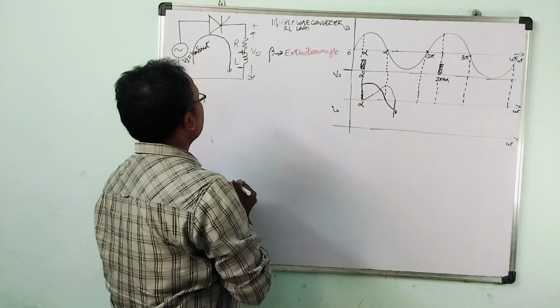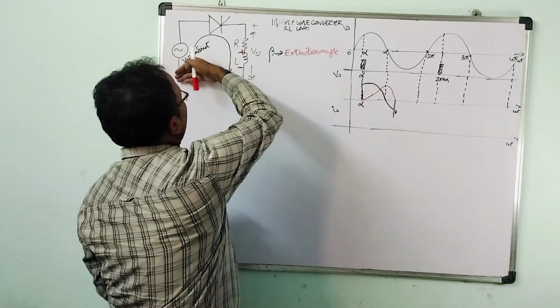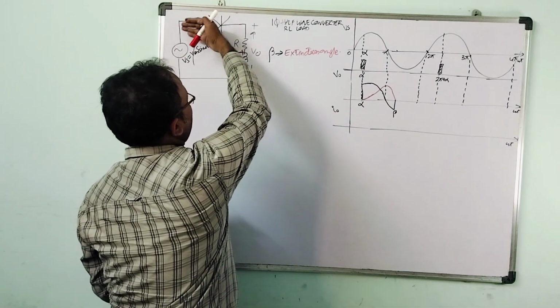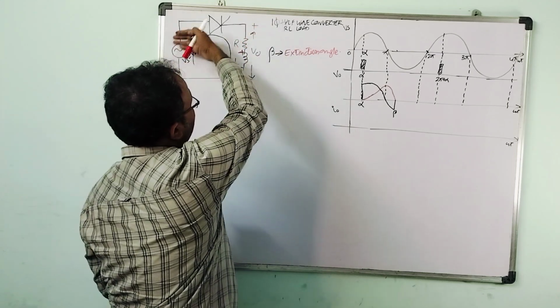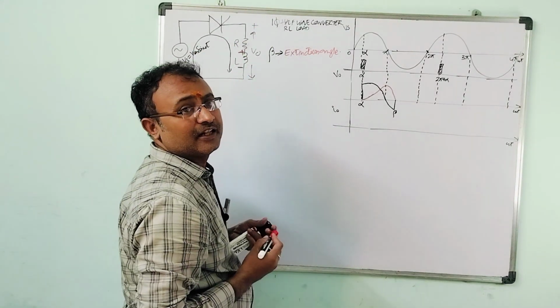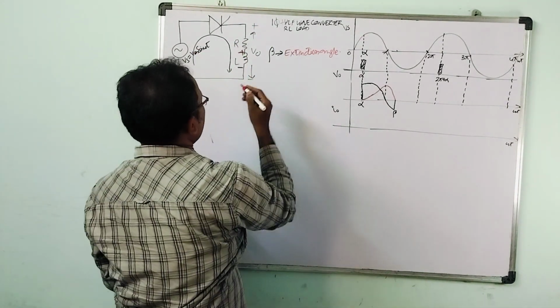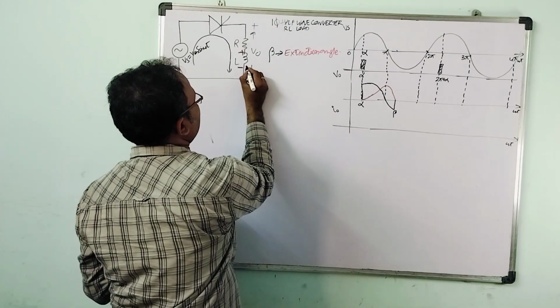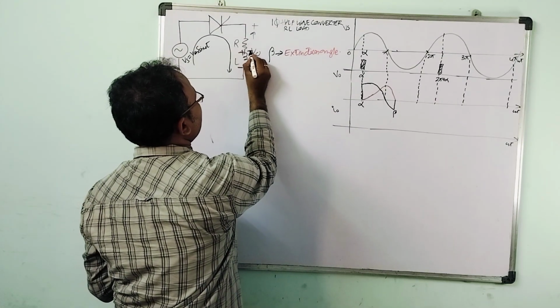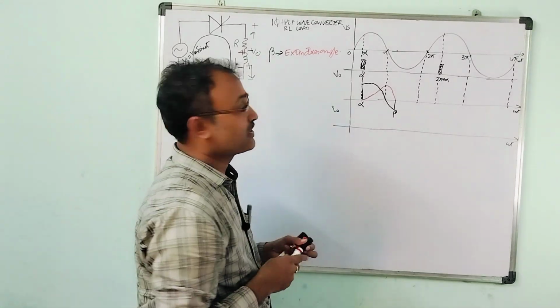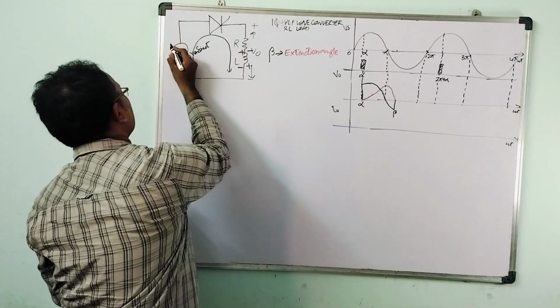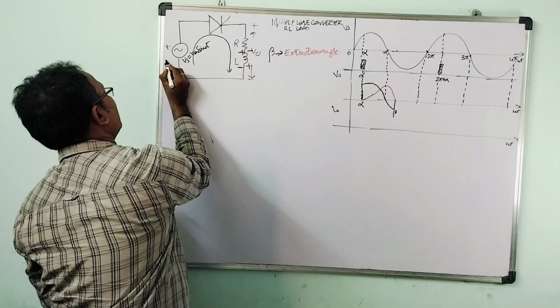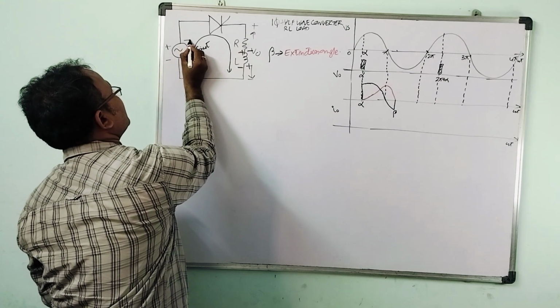So during the positive half cycle, the energy is flowing from the supply to the load while the inductor is charging. Then during the discharging period, what will happen? The inductor polarities will get reversed during the negative half cycle. During the positive half cycle, the polarities will be like this, and during the negative half cycle the polarities will get